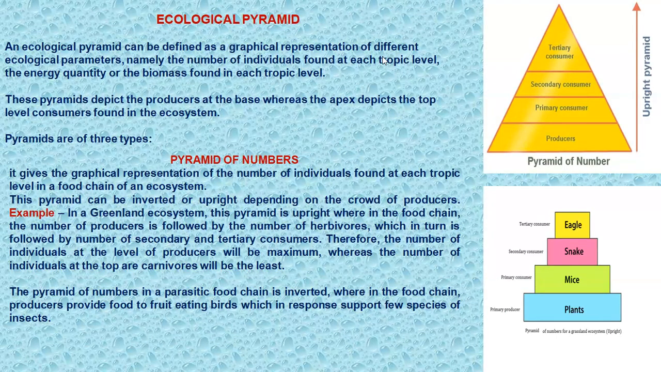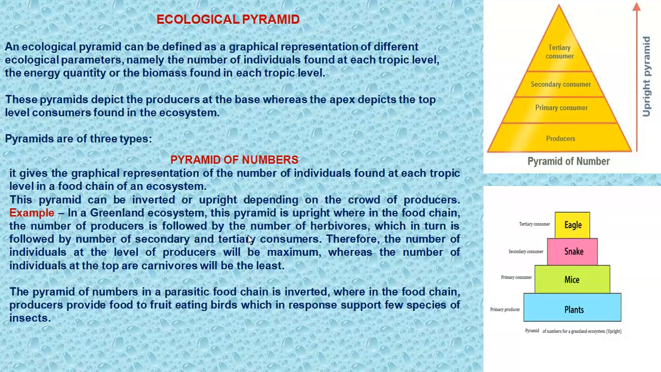Pyramid of number. So, what is the pyramid of number? It gives a graphical representation of the number of individuals found at each trophic level in a food chain of an ecosystem. This pyramid can be inverted or upright depending on the crowd of producers. For example, this is an example of a grassland ecosystem. This pyramid is upright,